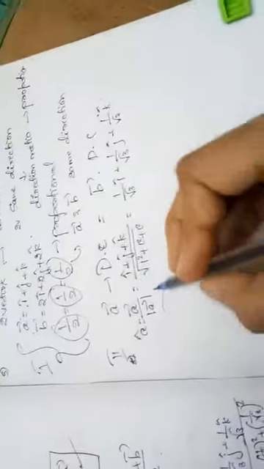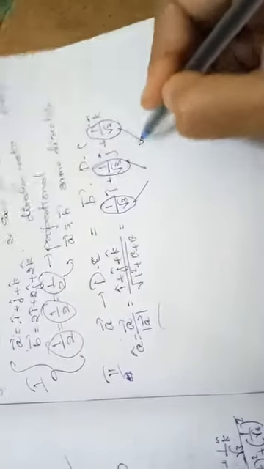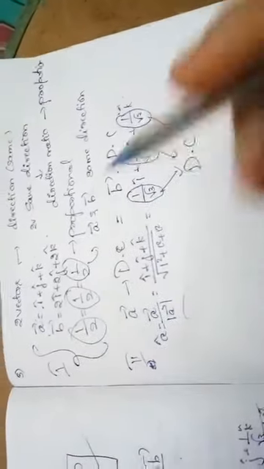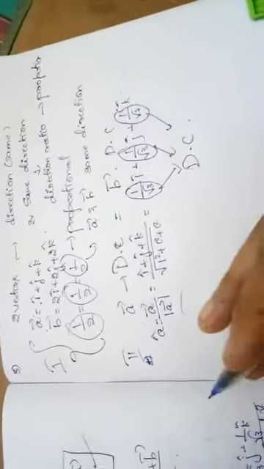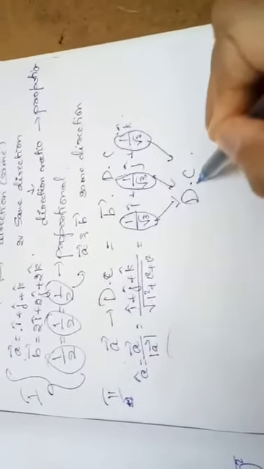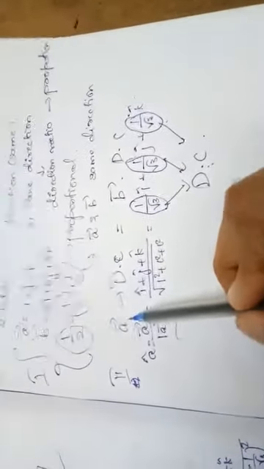So what are the direction cosines? The scalar components of the unit vector are themselves the direction cosines. These are the things which I have already explained in the introduction of this exercise part itself. If you didn't follow this, please go through that video, clear that concept, and then come back to this one. Then you will get this concept clear. So the scalar components of the unit vector are the direction cosines. So 1 by root 3, 1 by root 3, 1 by root 3 are the direction cosines of vector A.